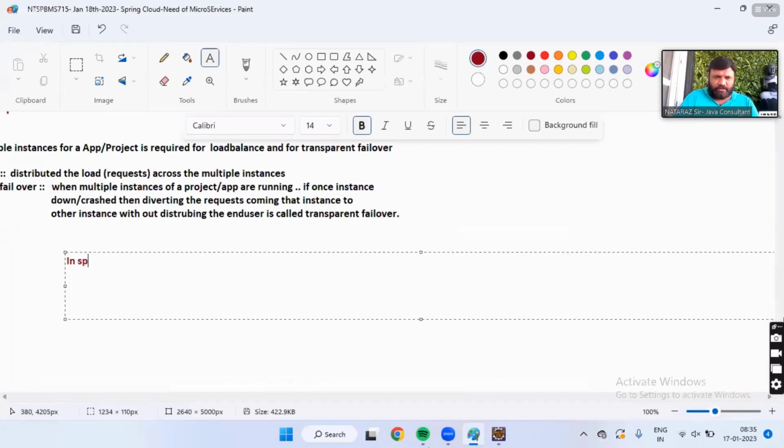In Spring or Spring Boot, the alternate for AWS or Azure is PCF. Can you help me, what is the full form of this? Pivotal Cloud Foundry.